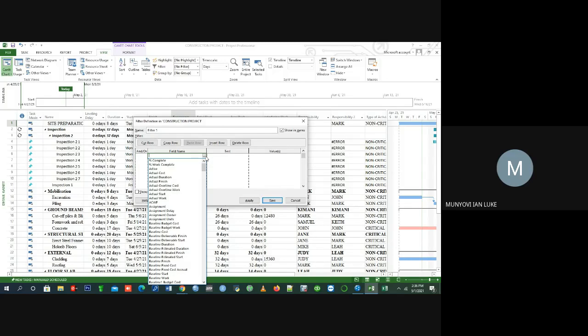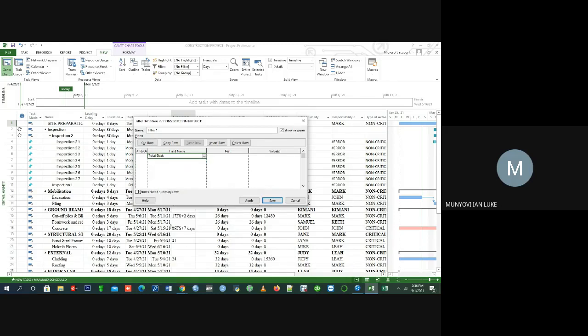And you know, critical activity is when the total slack is equal to 0. So there, select duration or total slack. I will just write total slack. So select total slack. And then under text, the next column, good,